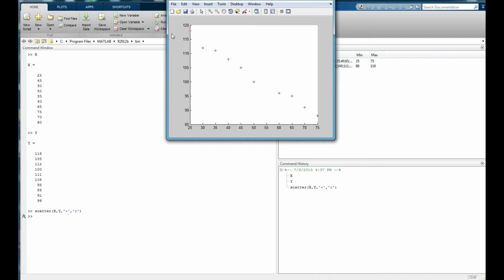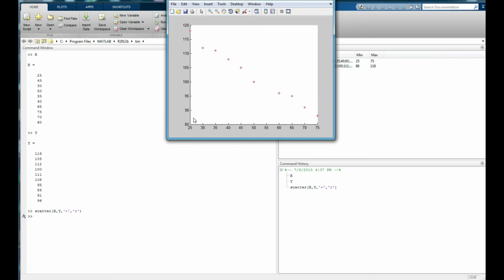You can look. The first point shows the price value of 25 and the quantity sold is 118. Next point 30 and the quantity sold is 112, and similarly the points are decreasing, and you can see as the price increases the quantity sold decreases. At last, at a price of 75 the quantity sold is 88 here. So this shows the inverse linear relationship.